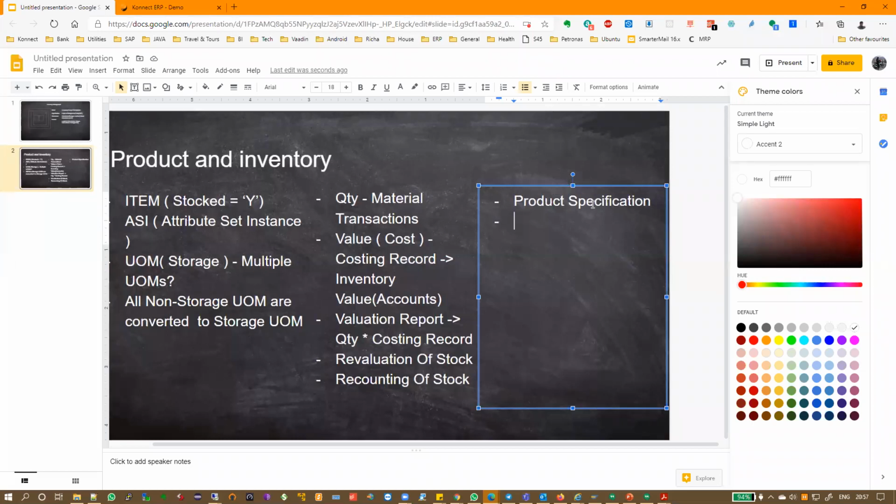It is important for inventory because you might want to know how many phones are there which are using an octa-core processor, for example. It could be across different models, but I want to know the whole sum. So for you to get these kinds of things, you need to have a product specification. So how is product specification embedded?